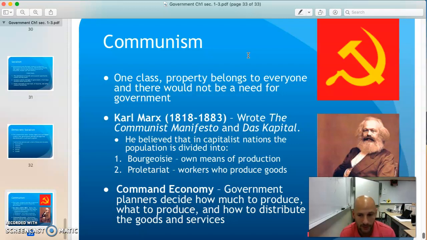They abuse them. During this time, children would be working. They'd be sending them crawling in the coal mines because they were smaller. When they're 5, 6 years old, they put the coal barrels on them and they pull them through the coal mines. Just terrible. But we have the bourgeoisie abusing the proletariats, the workers, during this time. And that's why he came up with the idea of communism, that everybody should be treated equal.